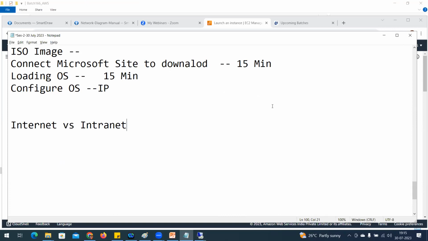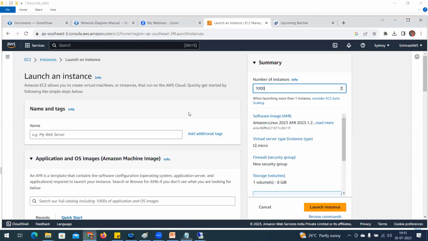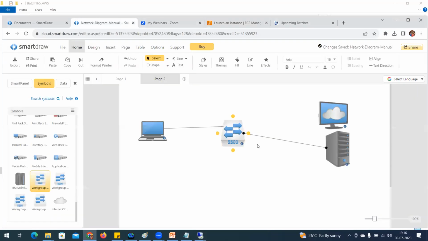Internet, it is whatever the web page. For example, you are accessing google.com. As soon as you have the internet connection, then only you are able to access google.com. If a page is there, some information is there, you are able to copy a file. That file is accessible only in a local network. That is intranet. You develop a web page, and that web page information within 10 systems, you are able to open. You connected deployed systems in such a way that I'm going to put a diagram here.